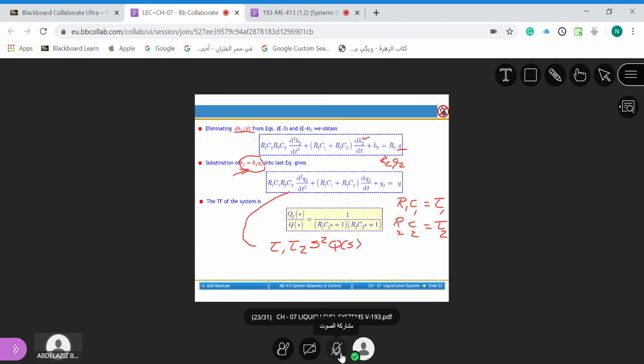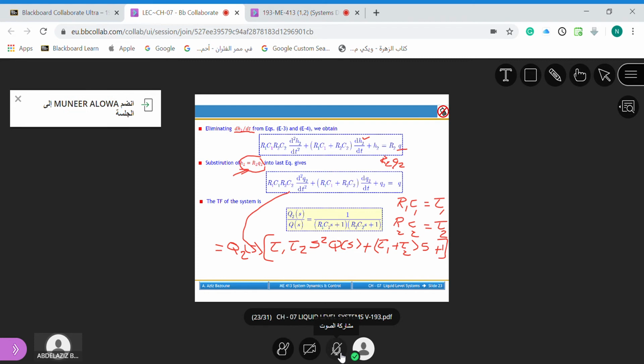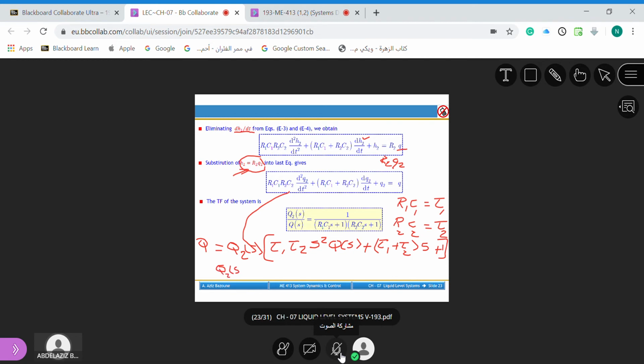Q2(S), plus R1 C1 will be tau 1 and then plus tau 2, times S Q2(S), and the second derivative will be S squared Q2(S), plus Q2 plus 1. And then we will have Q2 as common factor. Q2 will be equal to Q. So if we take the ratio Q2 of S over Q of S, the output over the input, it will be 1 over